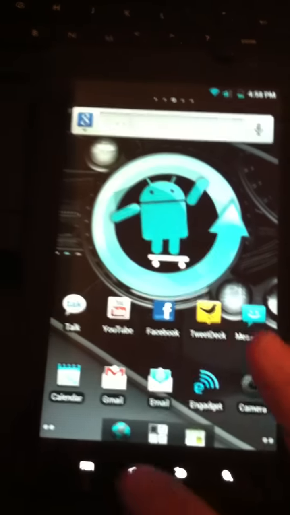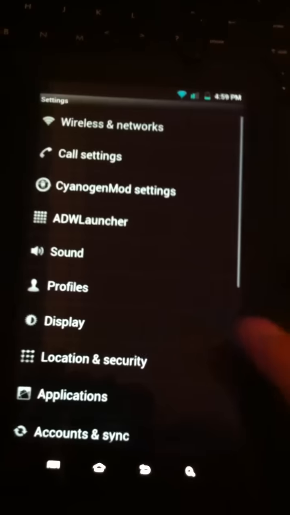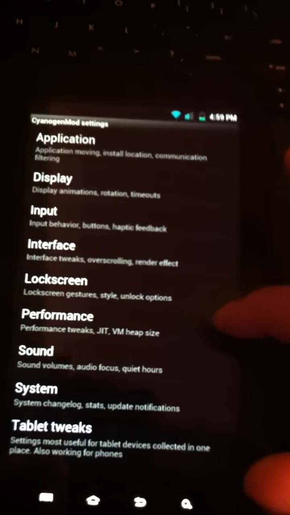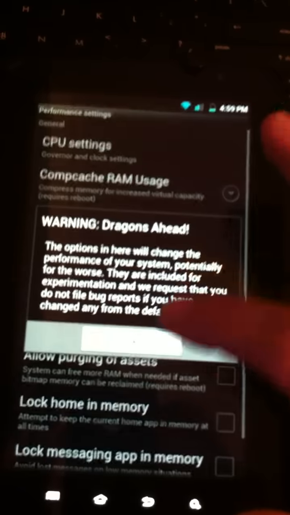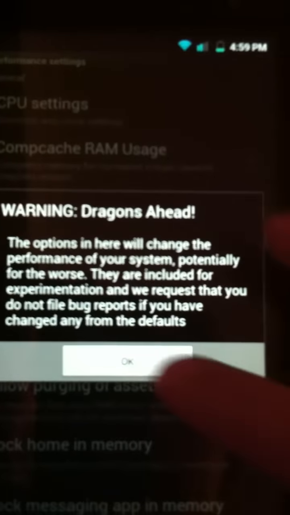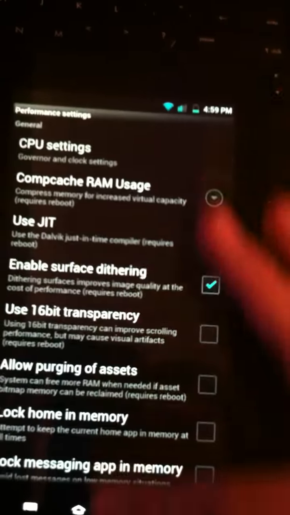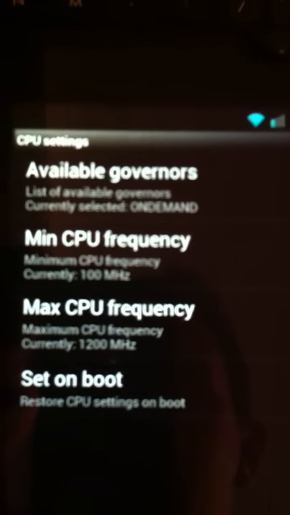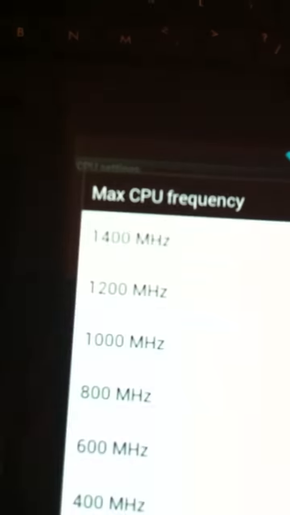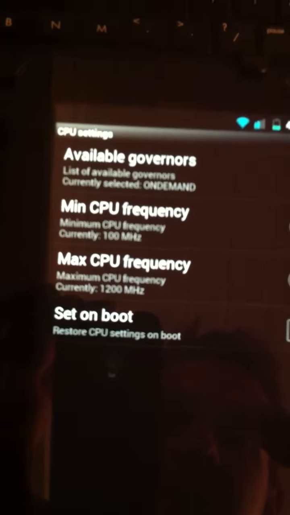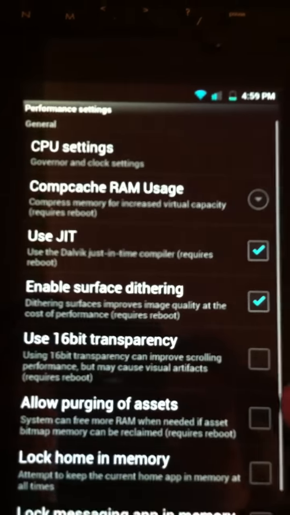Now I did overclock this at 1.2 gigahertz because I felt that's a stable setting to overclock it at, but you can overclock it up to 1.5 and you can go into performance. And of course there's the warning, dragons ahead, beware. I don't know a lot about this category here, so I sort of stay away from it. I stay with what I know, and what I know is probably not going to damage anything. So 1200 megahertz is what I clocked it at, and it can go 1400. I'm going to leave it like that because I just feel that that's safe and it's going to be stable,